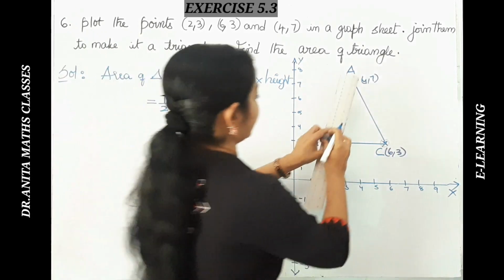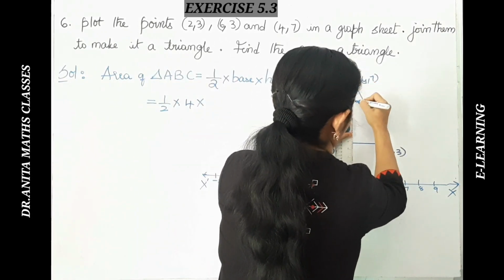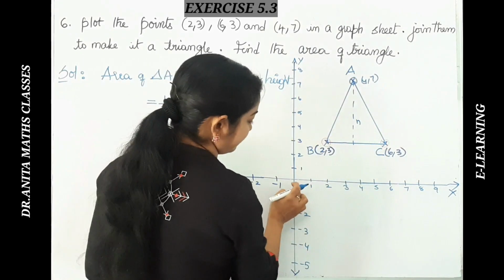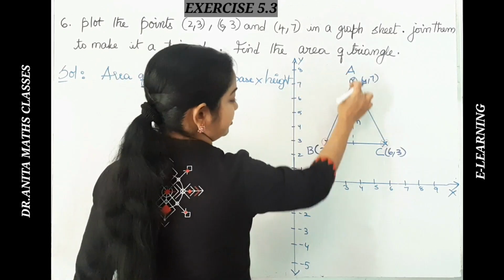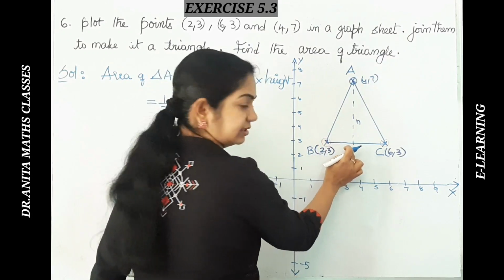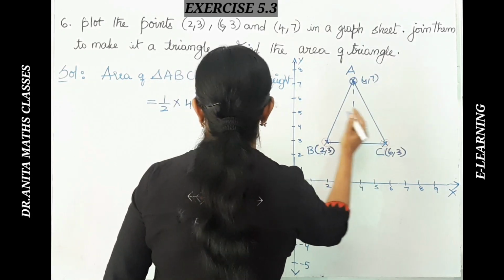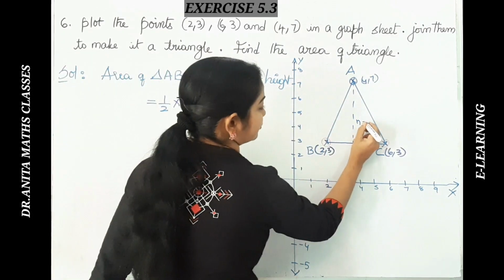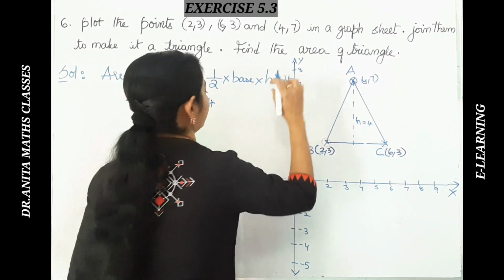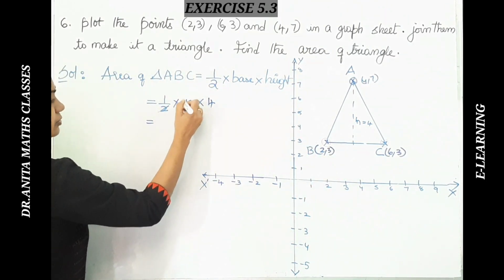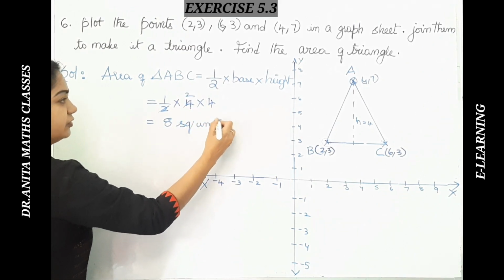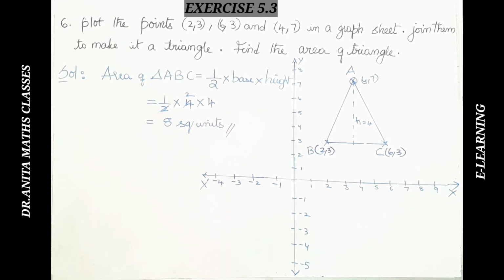And the height. The height here is this one, isn't it? How much is the height? From here, if you see till here, it is 7 units, but it has started from 3. So 7 minus 3. So here the height is again 4 units. Okay, the height is 4 units. You can also calculate like this. See here, from here 1, 2, 3 and 4 units. So cancel it off. 4 2s, 8 square units is the area of the triangle. Okay, half base into height.